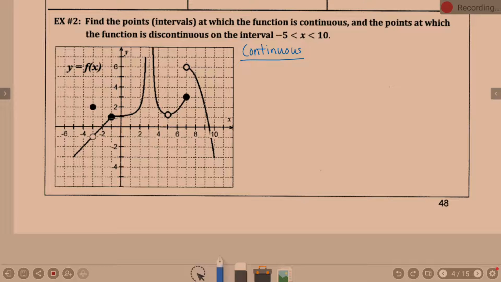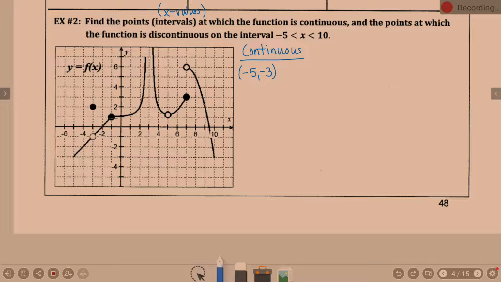So when we do intervals, it's always in terms of x values. So the first one goes from here, which is the x value of -5, to where? Where's our first spot that we have a break and we're not continuous? -3. So the first one we're going to go with is -5